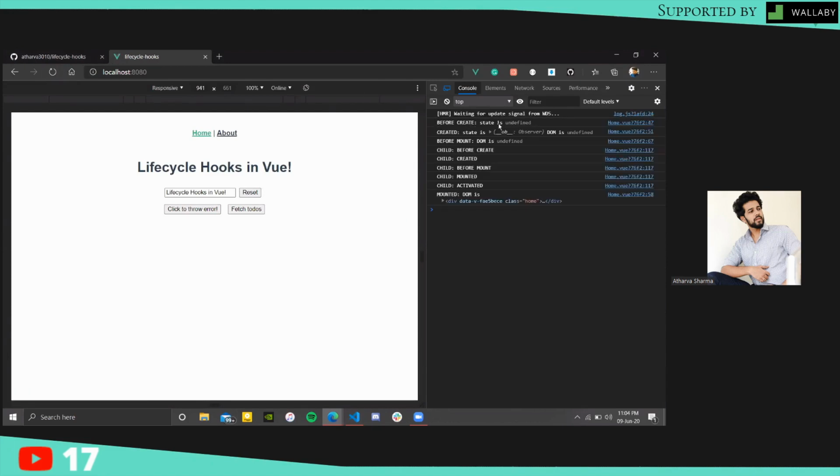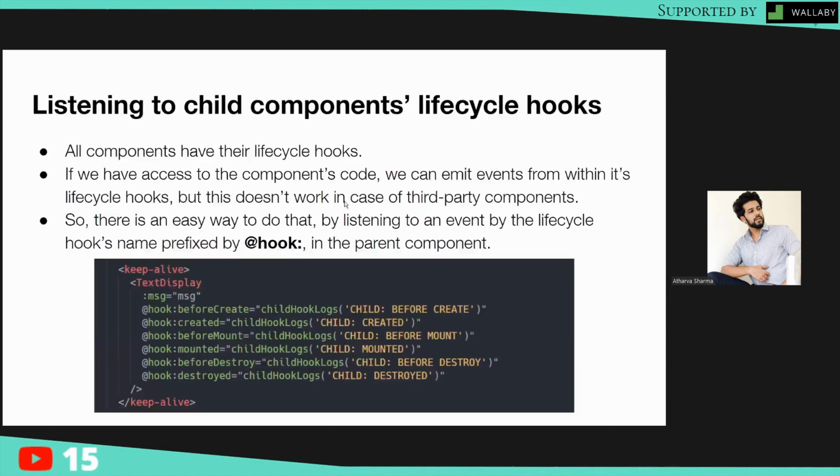So beforeCreate, the state is undefined. That's okay. Created, beforeMount, and after beforeMount, the child component came in and was rendered, and its lifecycle was run. Then the whole DOM was mounted. So you can see how we can listen to lifecycle hooks from child components or any third-party components within a wrapper.